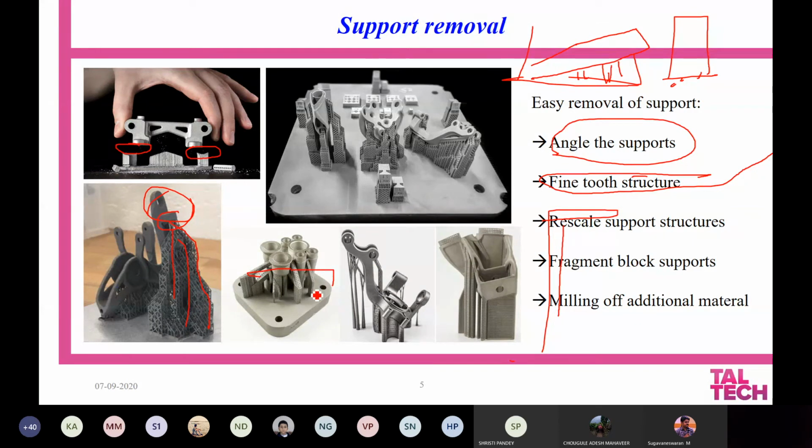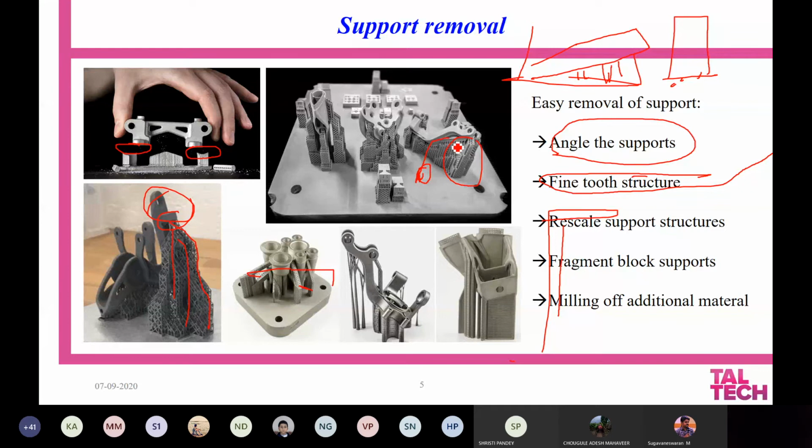Try to give some gap between the supports. For example, if you have a lot of concentration of support here, you try to extend the support and come somewhere in an area which is away from the other supports. That is more important, so that removal will be pretty easy.